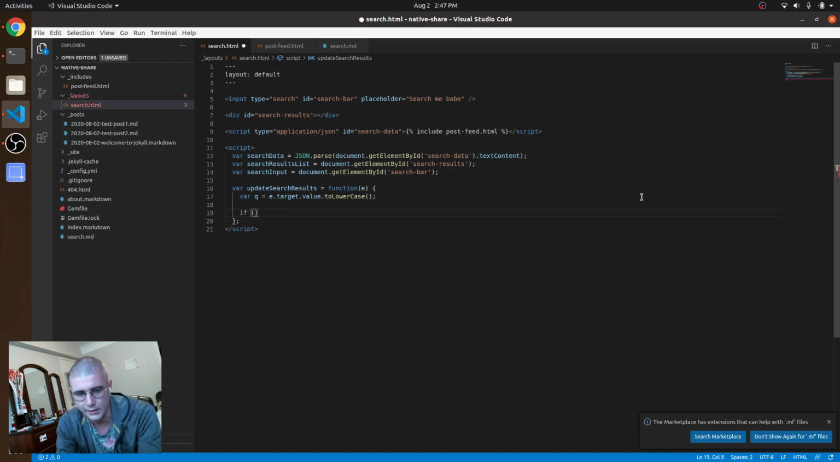Now we'll check if query.trim, which trims any white space and removes any white space on either side of the string, isn't an empty string, and if it isn't, proceed. Otherwise, you could show an error message saying, you know, please enter something other than spaces, whatever. And then